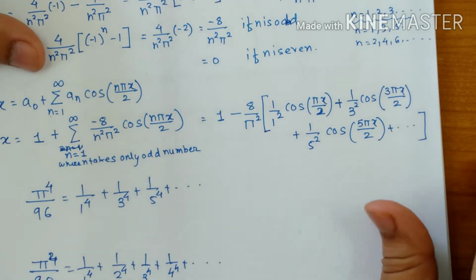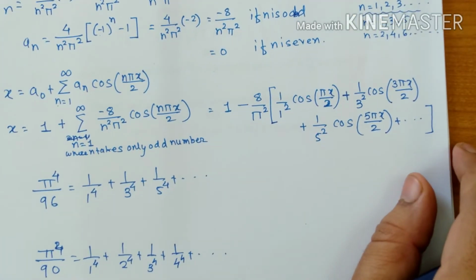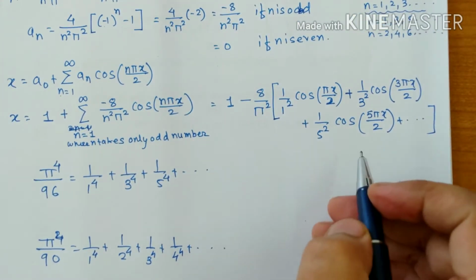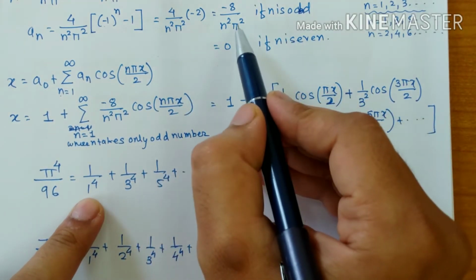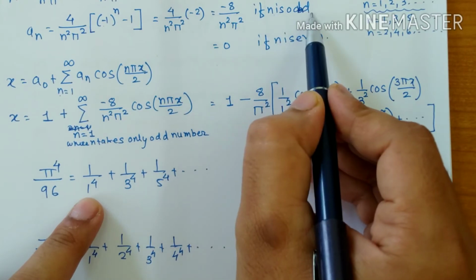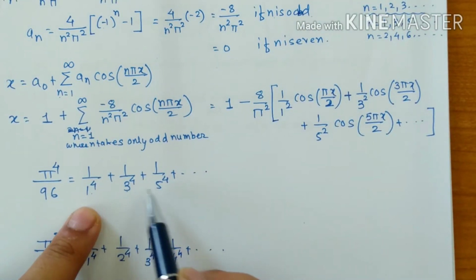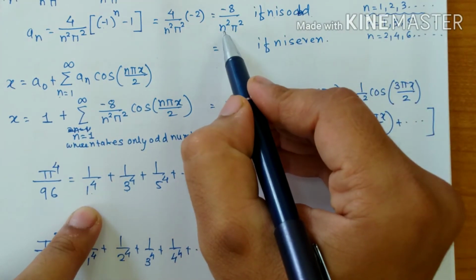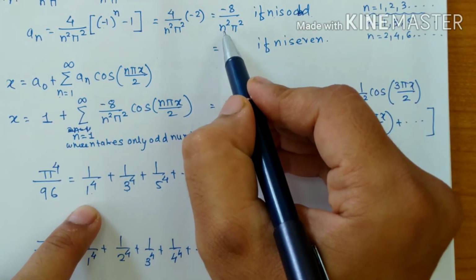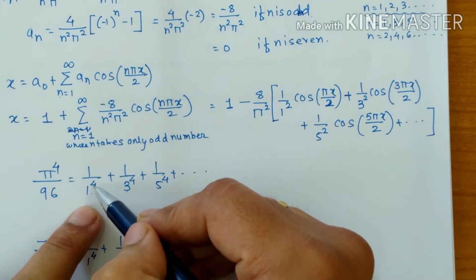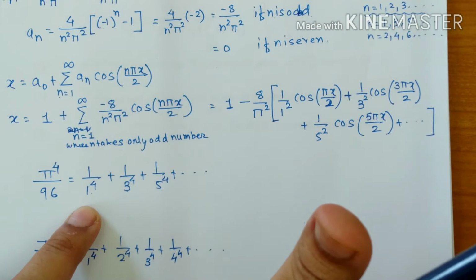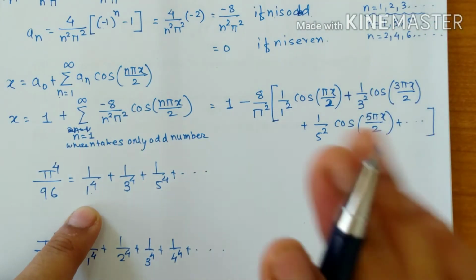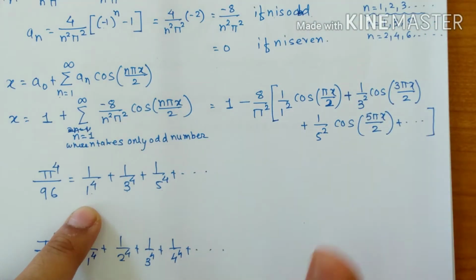Now how to perform this? Already they expressed, use the Parseval's identity, of course. Now why use the Parseval's identity? Just have a look at the n term. When n is an odd number, see here I require 1, 3, 5, that means n should be an odd number, that's clear. But here in an we have the n square term and here raised to 4, that means we require the square of n. Of course we are going for the Parseval's identity, no doubt.